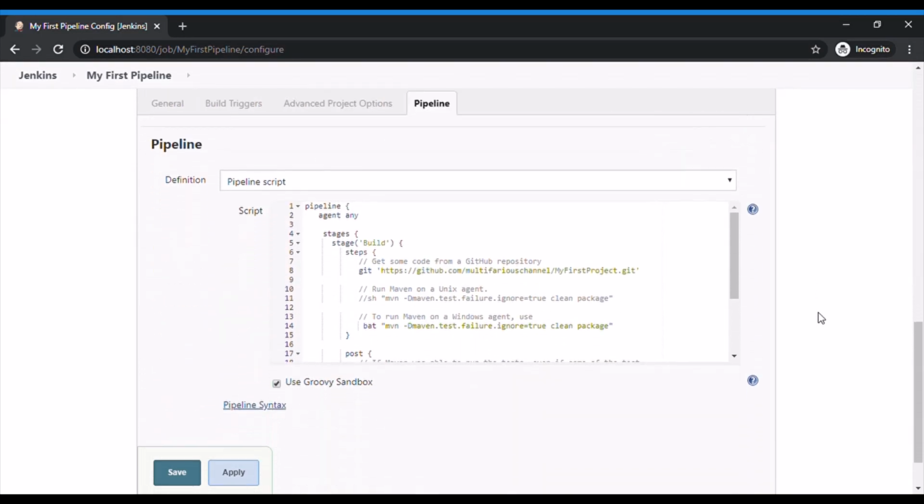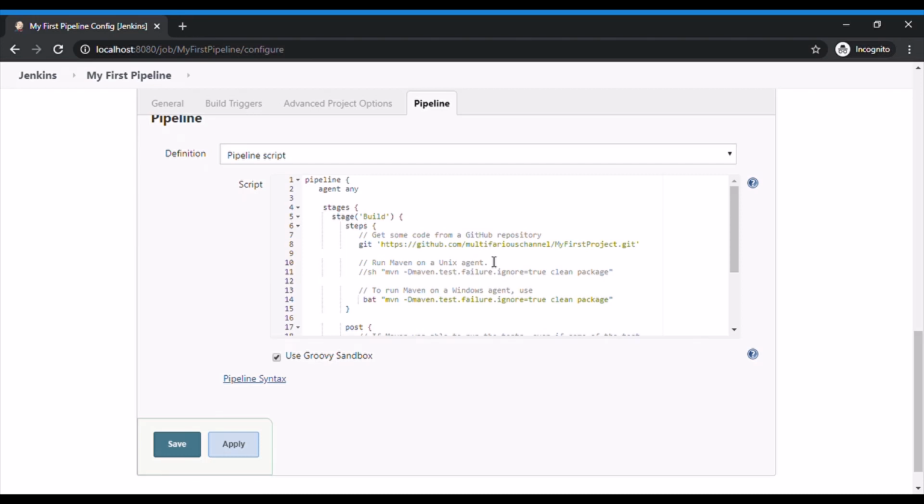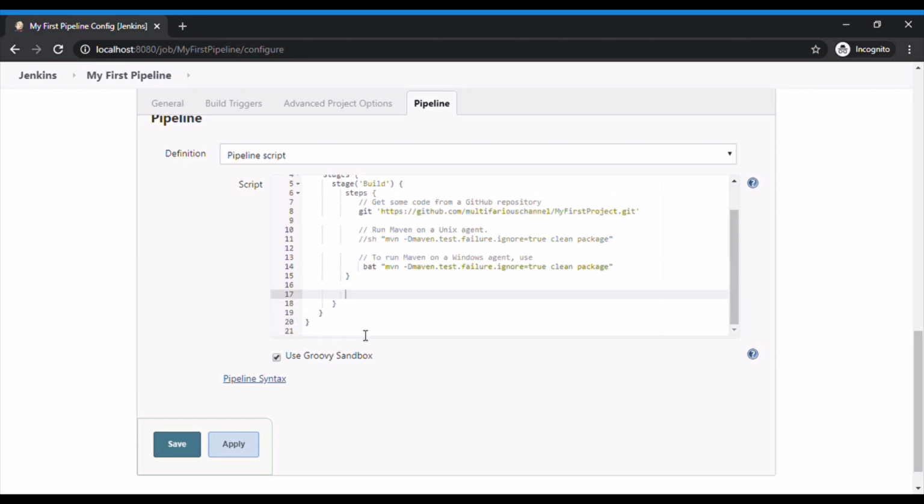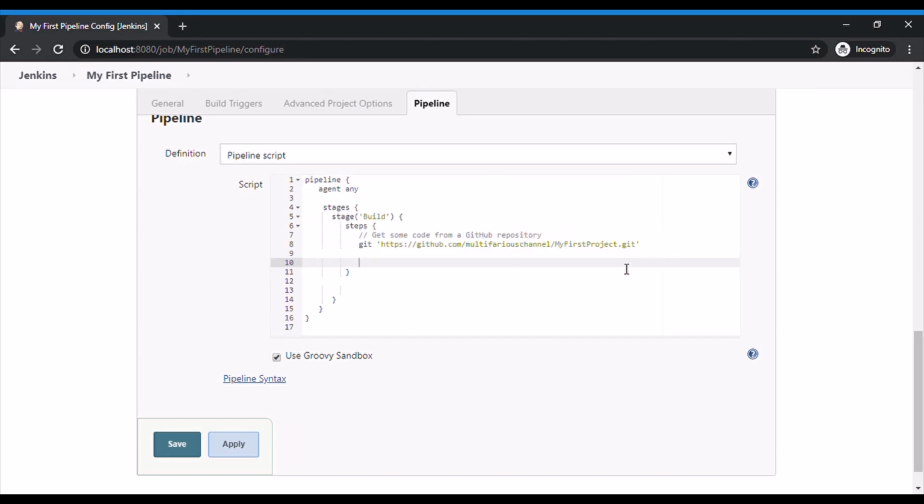and in the script text area I'll modify my configuration now, because it was just a sample configuration. We'll provide the configuration as per need. So I'm just removing unnecessary code that is right now not required. I'm updating my stage to checkout code. This will checkout code. I'll provide another stage, that is run test cases.